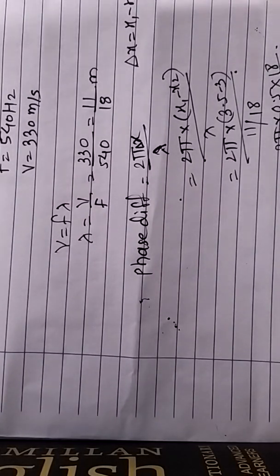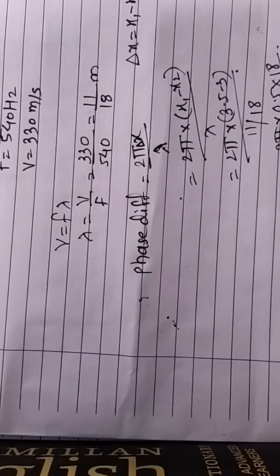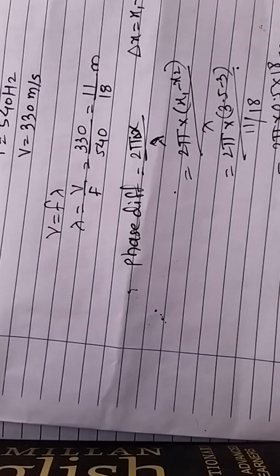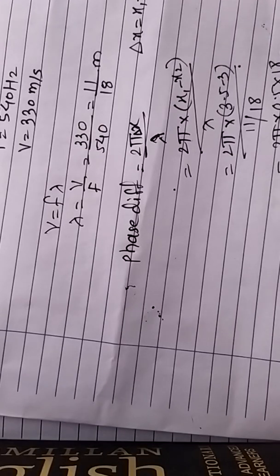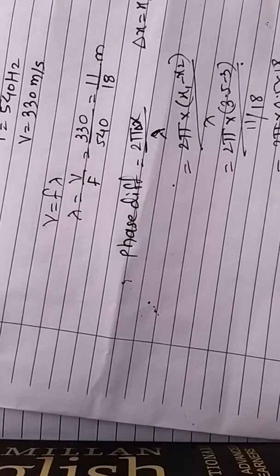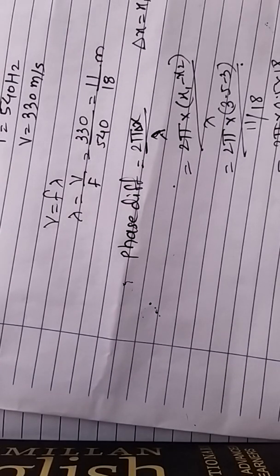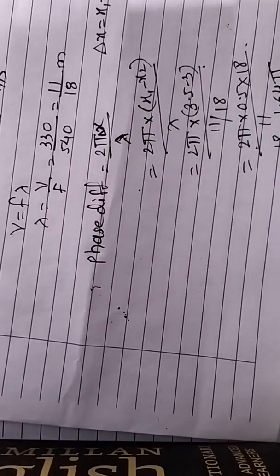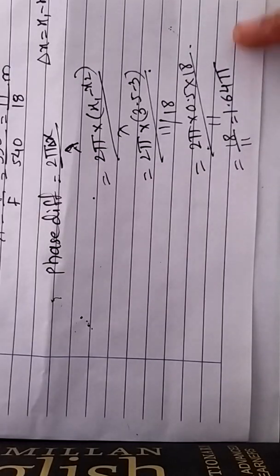Now we can calculate the value of phase difference. 0.5 into 2 means 1. 1 into 18 upon 11. Therefore 11 ones are 11. 1.64 pi. That phase difference is 1.64 pi. Now